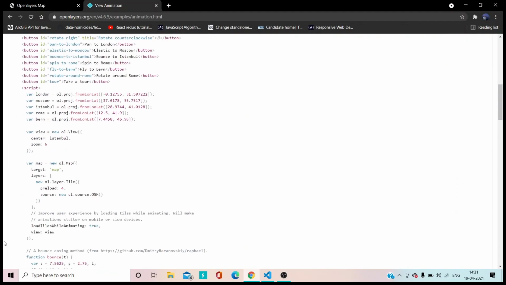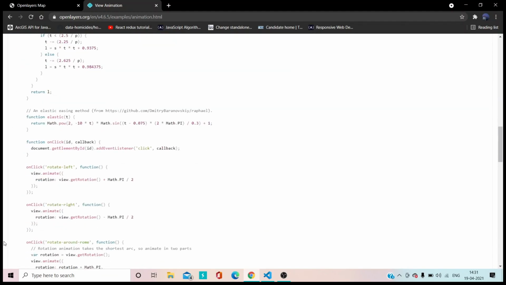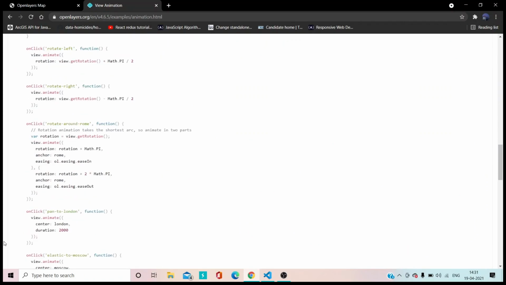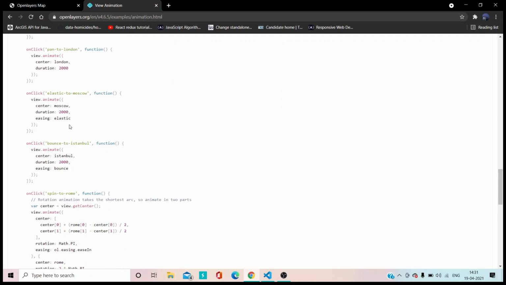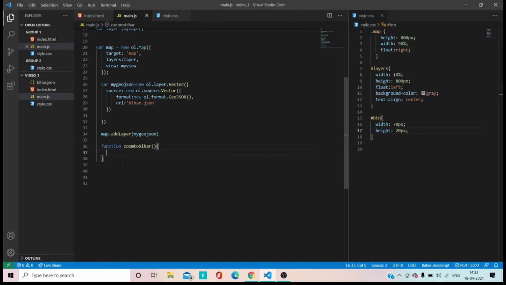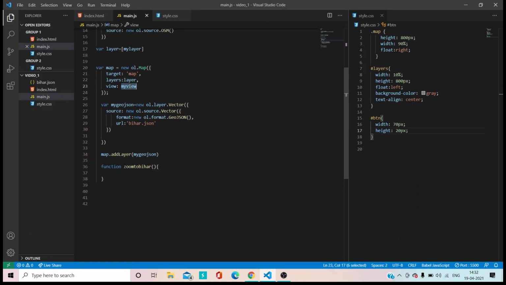So let's see what they have done. What they're doing is view.animate, and then in the function they are giving a center and duration. That's what we need. So zoomToBihar, view is my view dot animate.